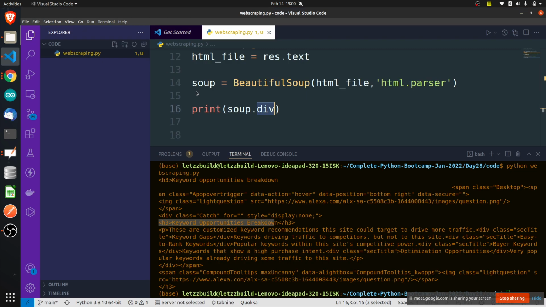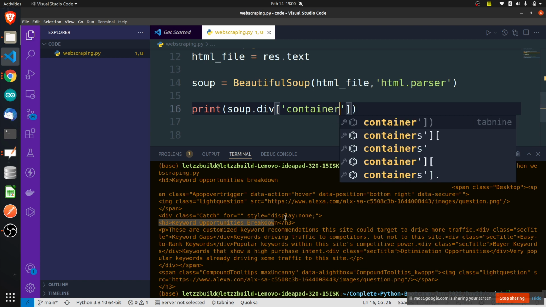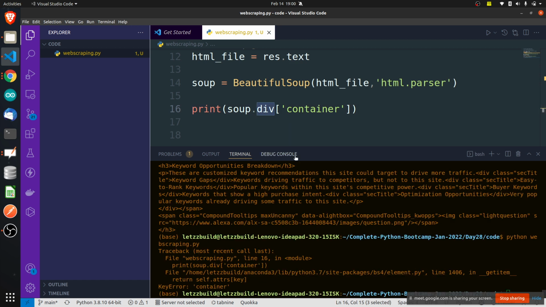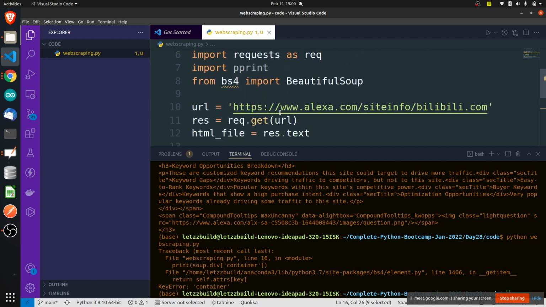So I can use it like this: soup.div, and inside this div I can write a class name which is container. It should scrape only that particular div tag, that particular box from this HTML document which contains the class container. It is showing an error saying it is not there. Such errors might happen in such cases whenever you are making a request. Maybe the server is down. Server is down means what? Maybe the computer is not running, so at that time you might get some error whenever you are making requests.